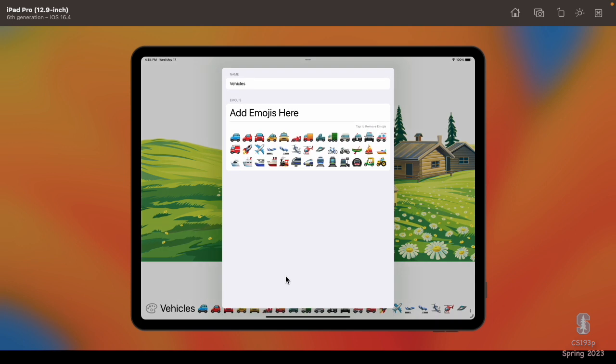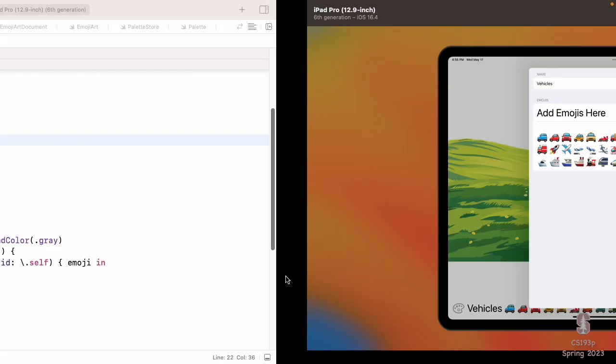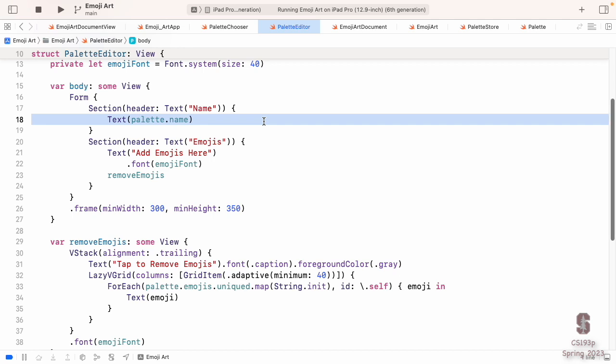All right, next thing, most important thing, I want to be able to edit the title and also to add the emoji. So how do I take that text field that we have up here and make it an editable text field? Well, editable text fields in Swift are different views than text. They're called, instead of Text, TextField. And a TextField has two arguments. One of them is kind of a placeholder or a word that can be used to help the user understand what we're asking for here, a label if you want to think of it that way. And then a second argument called text, which is the actual text that's being edited inside this text field.